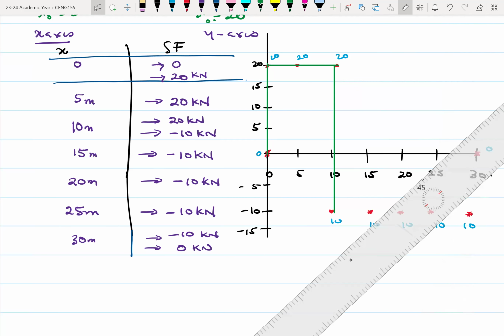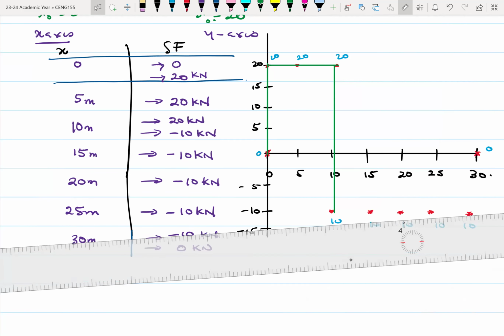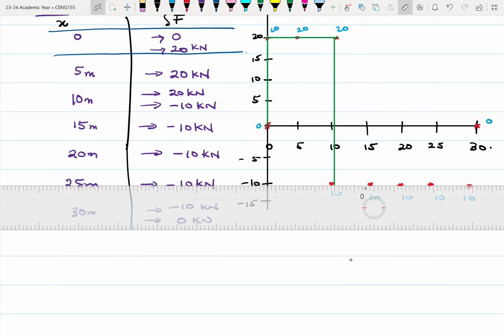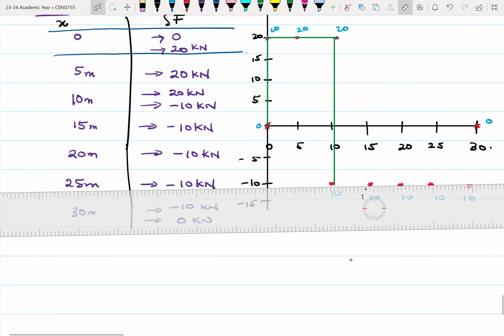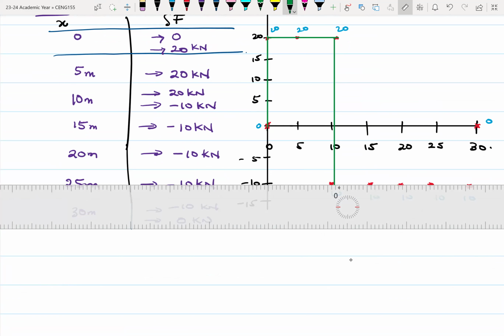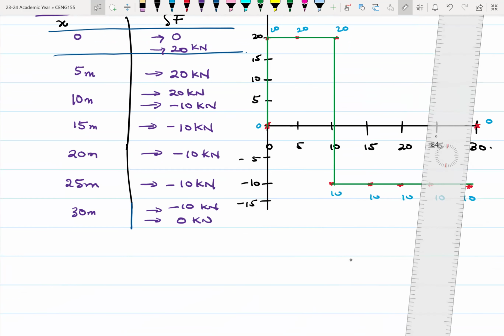It's fine. And then between 10 and 15, sorry, so 10, 15, 20, all the way to 30, it still remains straight. Then just at the very end,